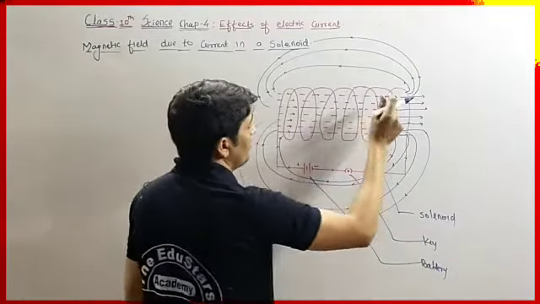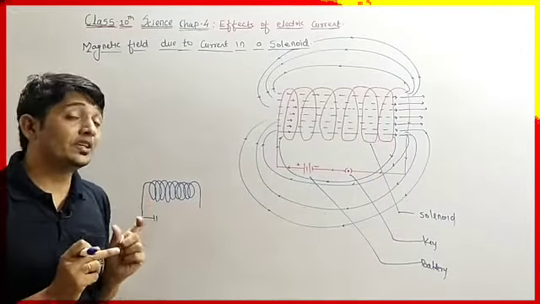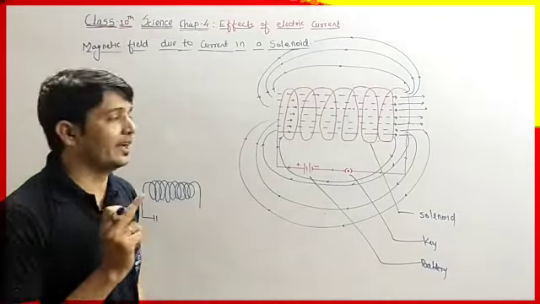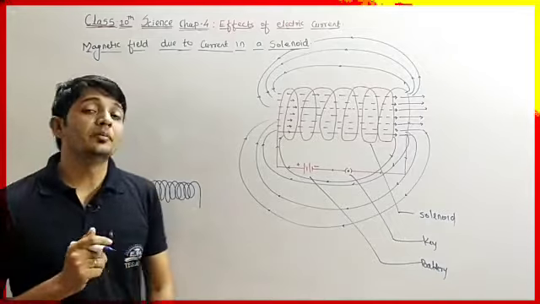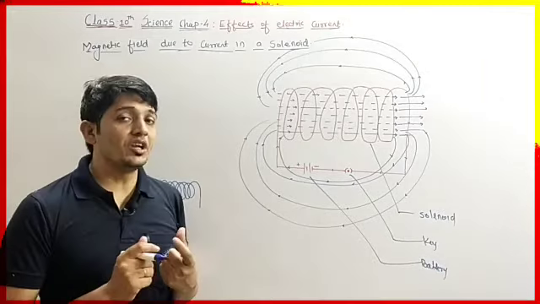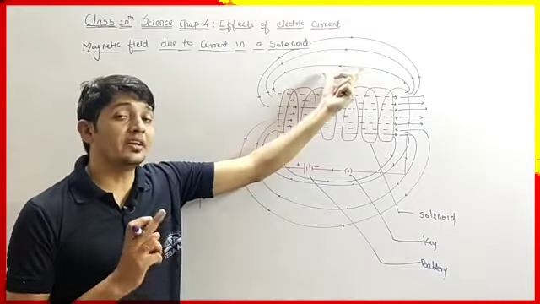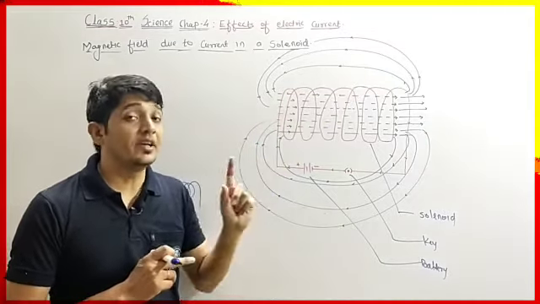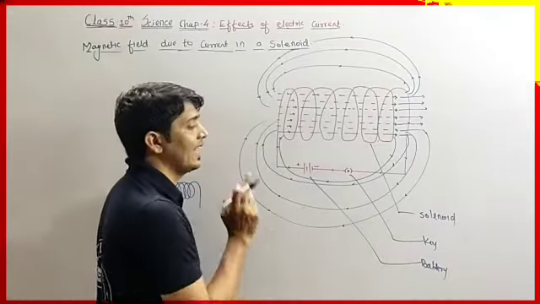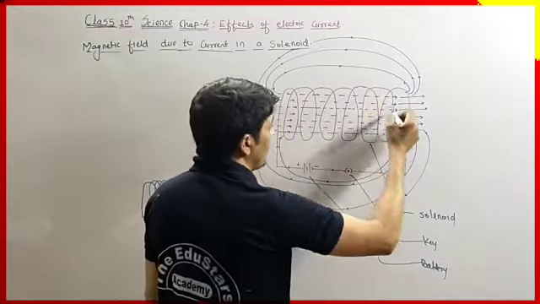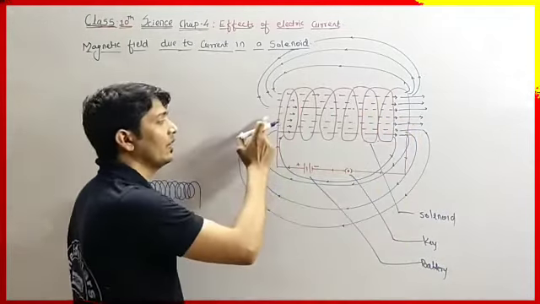If you check the magnetic field produced by the solenoid with the help of a magnetic needle, do you know what a magnetic needle is? The magnetic needle is also called a compass needle. When we place the magnetic needle in the magnetic field of any magnet, it shows the direction of the magnetic field. So if we check the direction of the magnetic field here, you will find the magnetic field lines are emerging from this side and ending on this side.